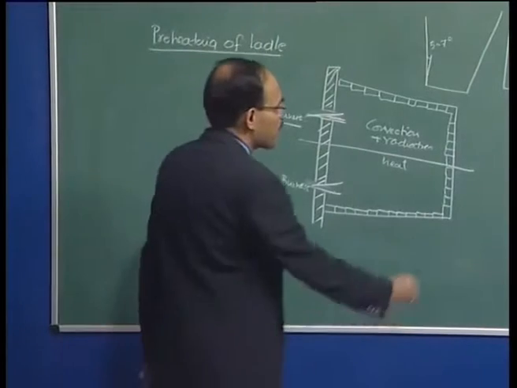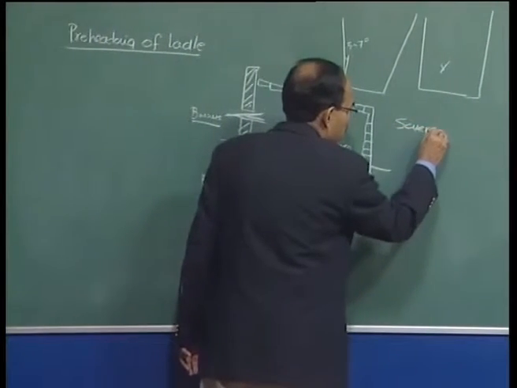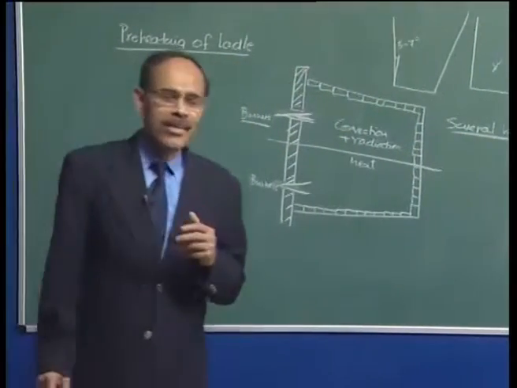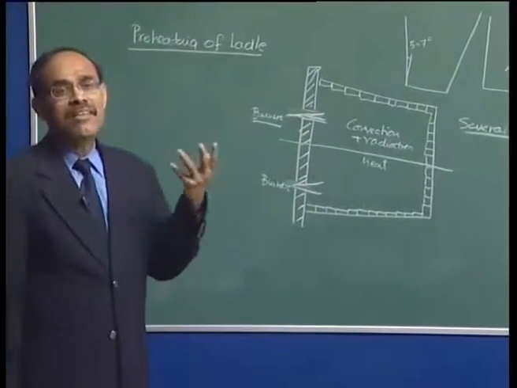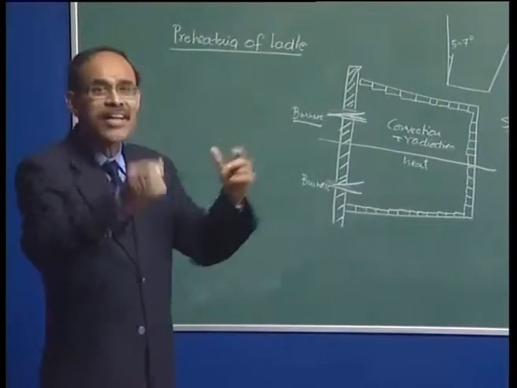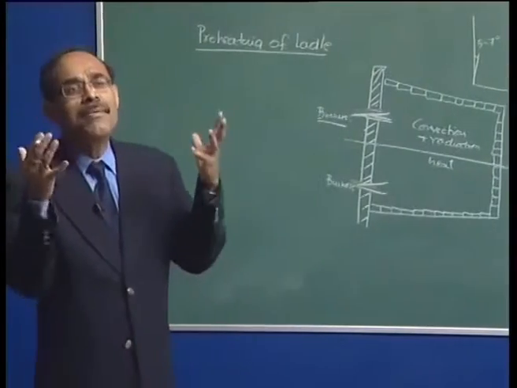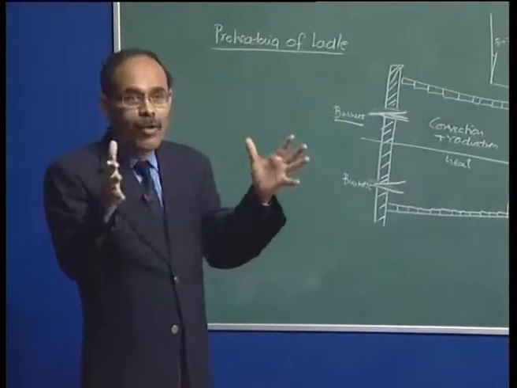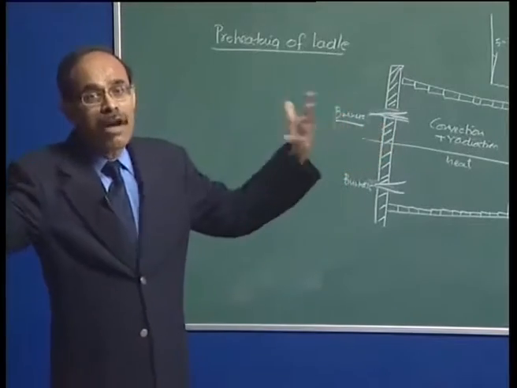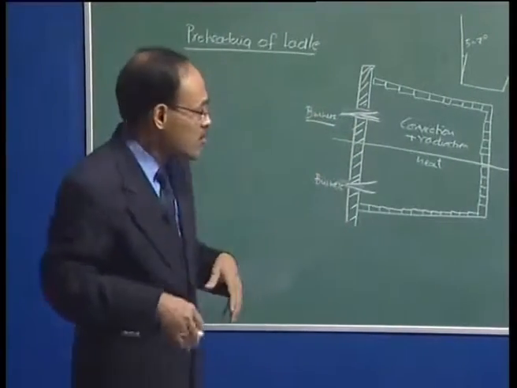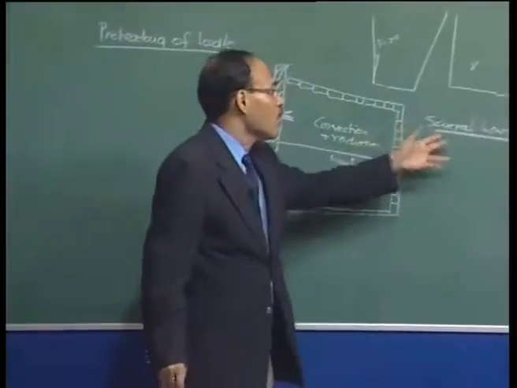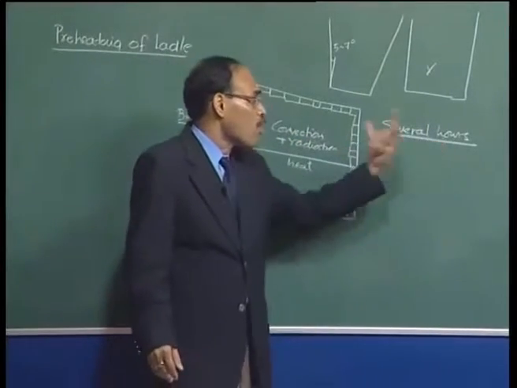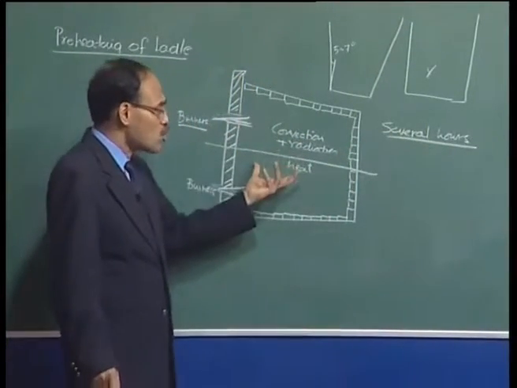Now, typical preheating time can go from several hours, depending on the size of the ladle. By the by, what could be the size of the ladle? I have myself seen plants with a 30-ton size ladle, where they have a small electric arc furnace. I have also seen plants with about a 500-ton BOF. So the ladle sizes can vary enormously. A 30-ton size, you can imagine, is about 1 meter diameter, to about a 500-ton size ladle, which could be about 4 meter diameter. So it's an enormous difference in size, and accordingly, the amount of refractory used will be significantly different. The duration of preheating is also going to be significantly different.